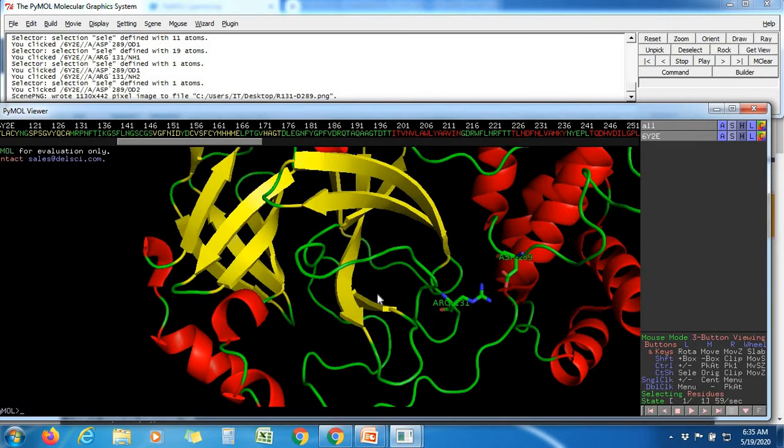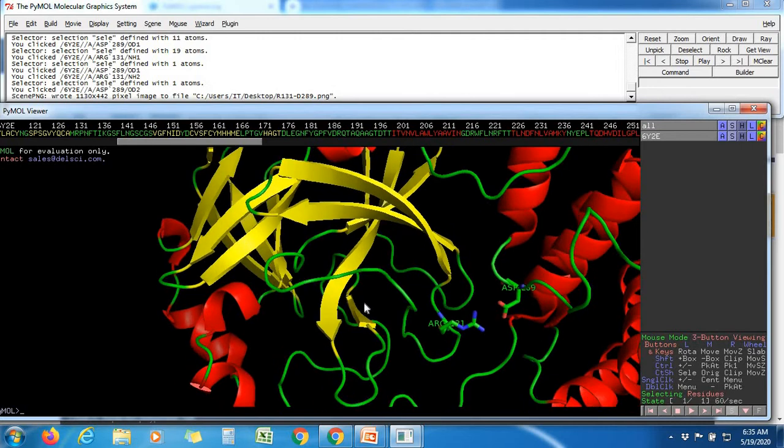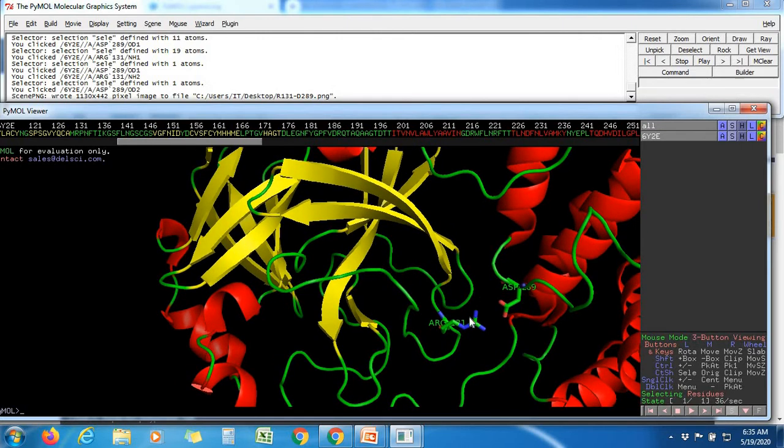If you want to mutate arginine with another residue and break the hydrogen bonds between the aspartic acid and arginine, and see the stability of the protein or any other activity of the protein, like protease activity, to see the importance of arginine 131, we can do the mutations. But before going to mutation, people used to use PyMol to see whether the amino acid will have any effect there or whether it will fit into that or not.